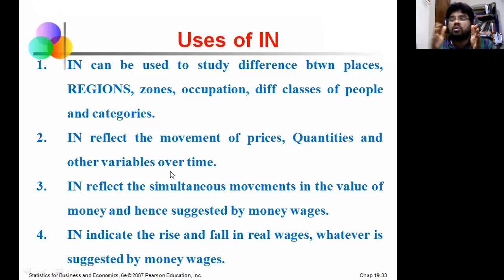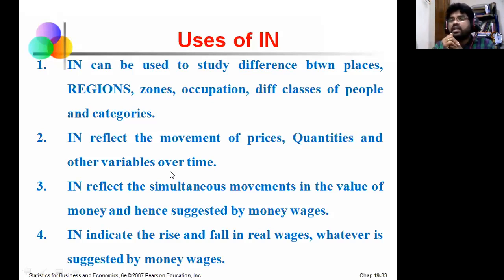For example, if you take only price, you may get different values. If you take both price and quantity, for example, in your home, there are 5 people living, and their food oil consumption is 5 kgs per month. In other families, there are 5 members also, but they are consuming only 2 or 3 kgs per month. So here the price is the same, but the quantities differ from home to home, person to person.